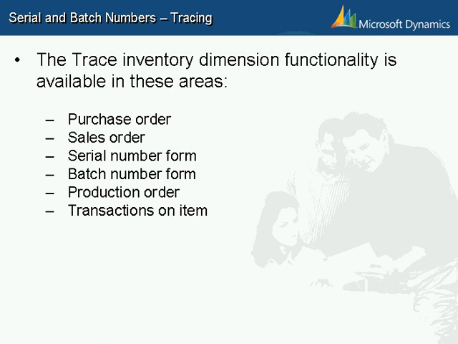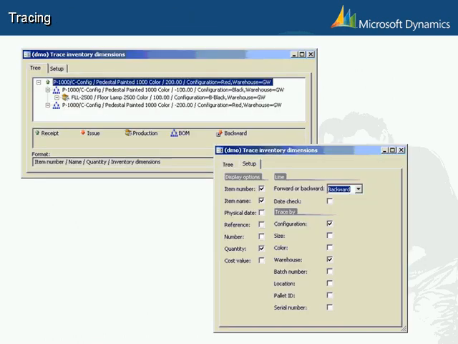Serial and batch numbers tracing. The trace inventory dimension functionality is available in these areas: purchase order, sales order, serial number form, batch number form, production order, transaction on item. So a trace inventory dimension can be run from either the purchase order line, clicking the inventory button and selecting trace,